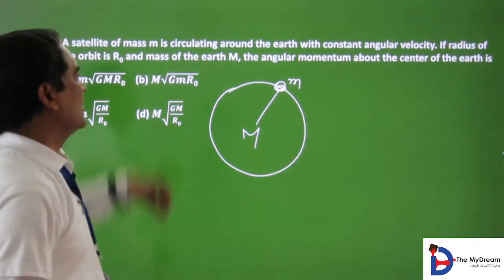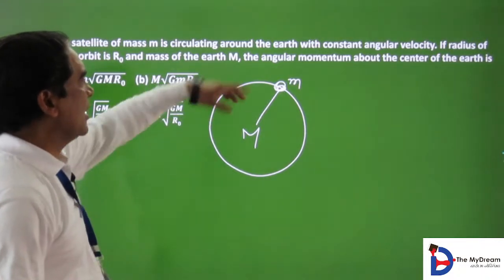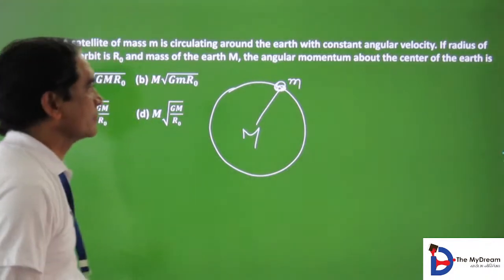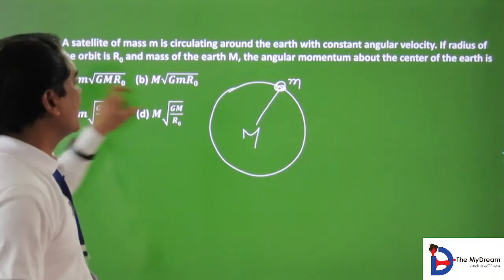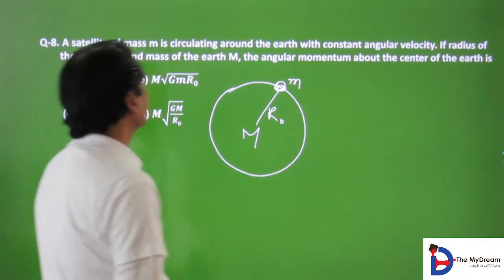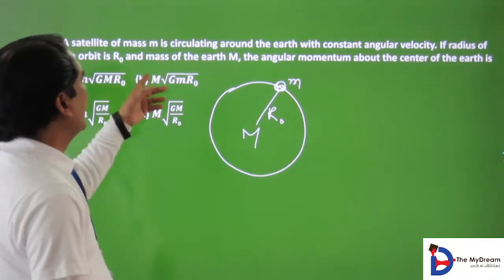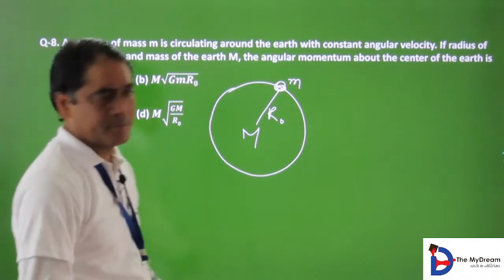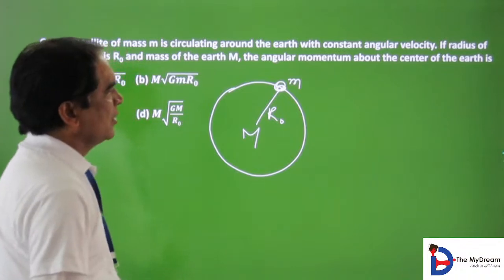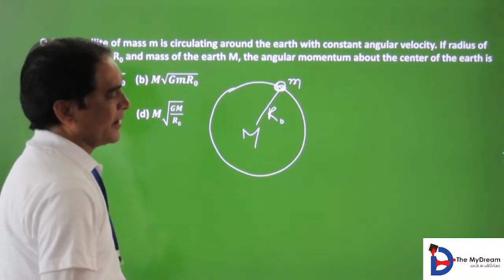A satellite of mass small m is circulating around the Earth with a constant angular velocity. If the radius of the orbit is r0 and the mass of the Earth is capital M, the angular momentum about the center of Earth is